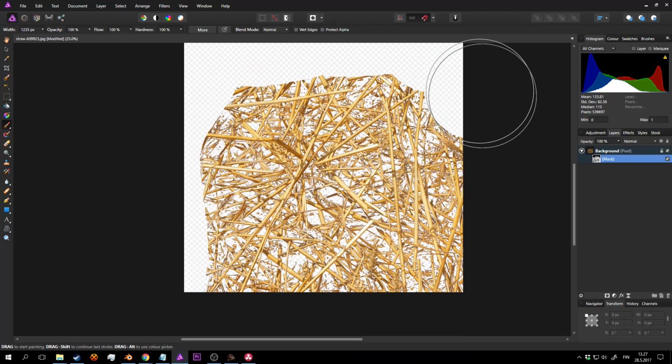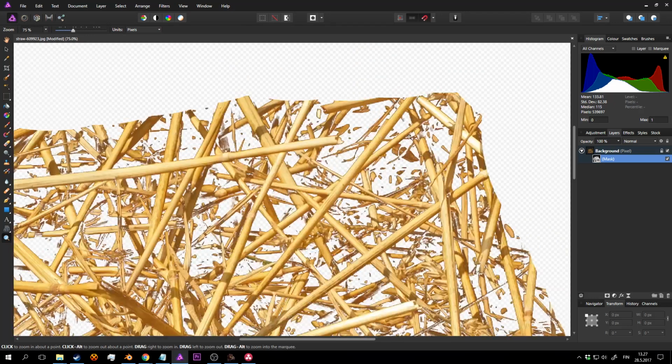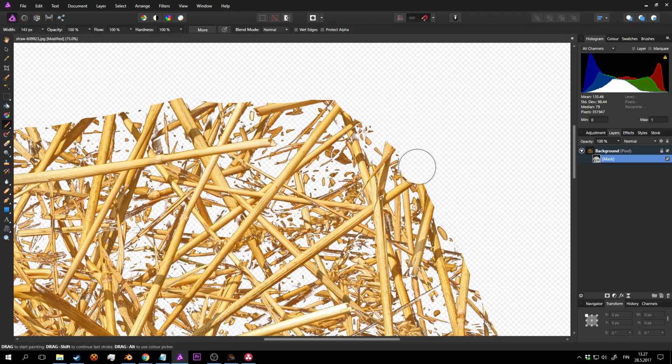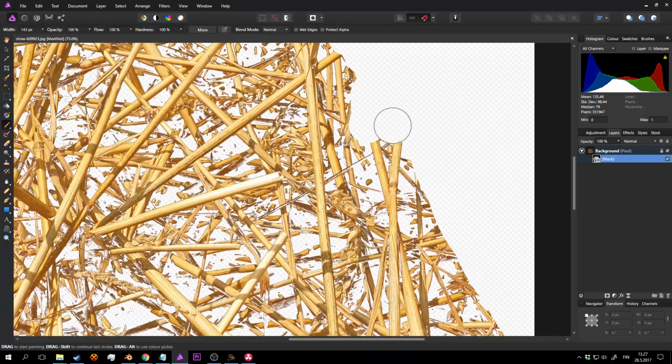So I kind of wanna have this kind of selection there, and then with smaller hard brush I can create some variation there, and this is going to take a little bit of time. I can't find any better way to do this job,